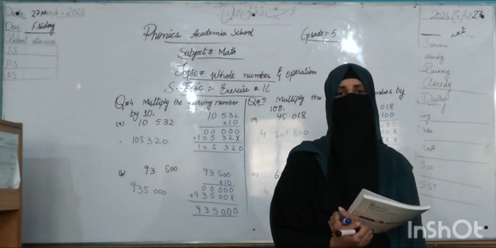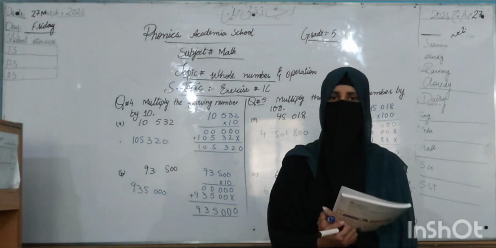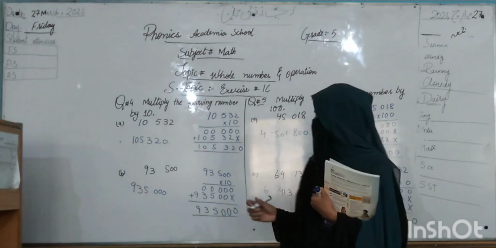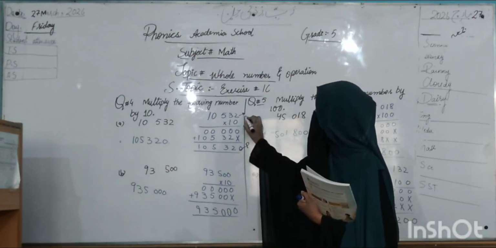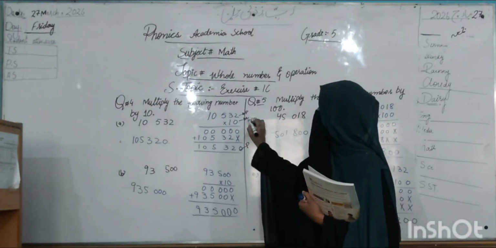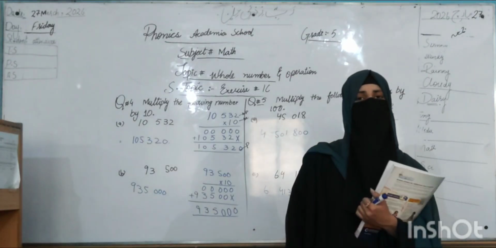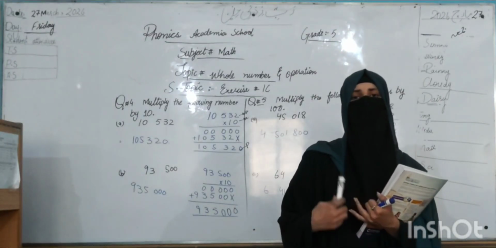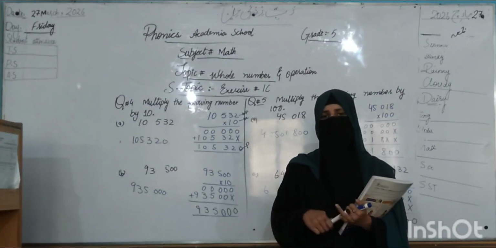Totals mean addition of all values. After that, the answer is known as the product of your multiplication. The answer is a product. It's a multiplier and it's a multiplicand. The number that is to be multiplied is called a multiplicand, and the number that multiplies it is called a multiplier. So all the students, do your